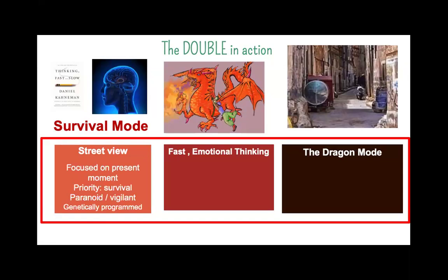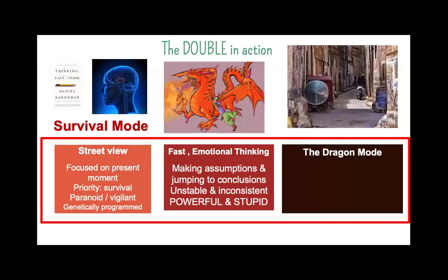And remember, this is genetically programmed to try and keep us safe. We will be using certain networks in our brain to make fast, quick decisions. This is where we make assumptions, jump to conclusions. Whenever you've heard about bias, whether it's confirmation bias or narrative bias, that's this fast thinking, jumping into action. And this kind of thinking is quite unstable and very inconsistent. This is a powerful way that we use it all the time. So in social media, especially, when you're scrolling, you read the first sentence, you haven't even finished the paragraph and you already have a response to whatever is happening. It's a very powerful mechanism that keeps us safe,